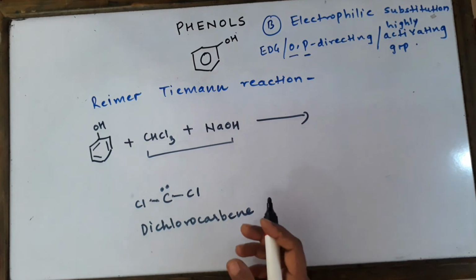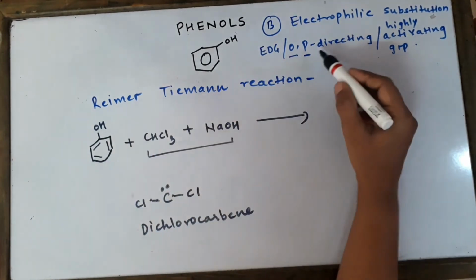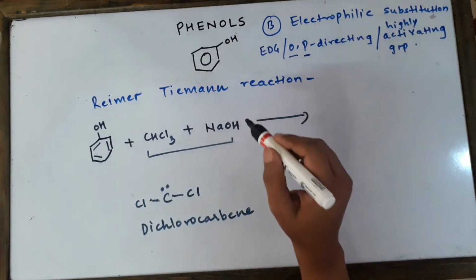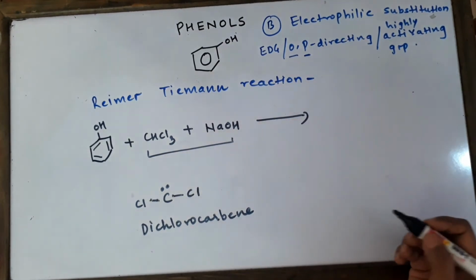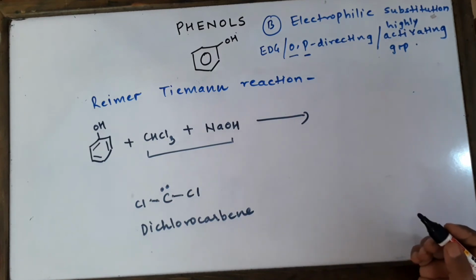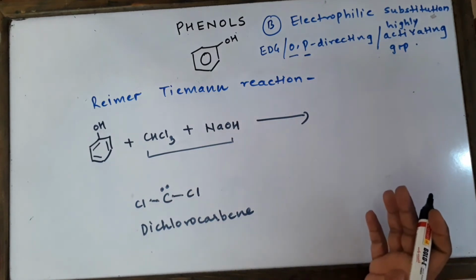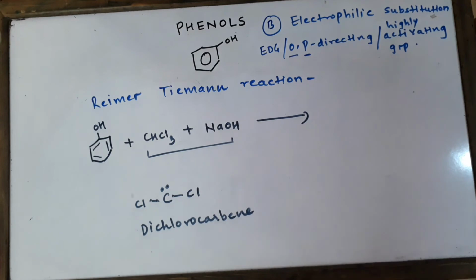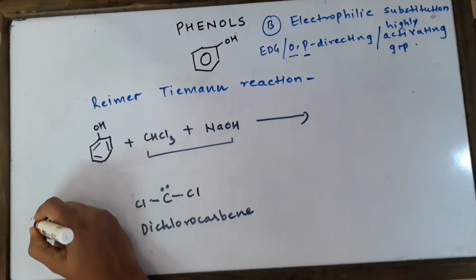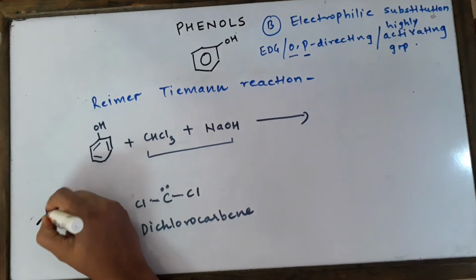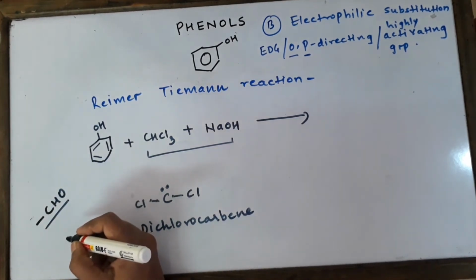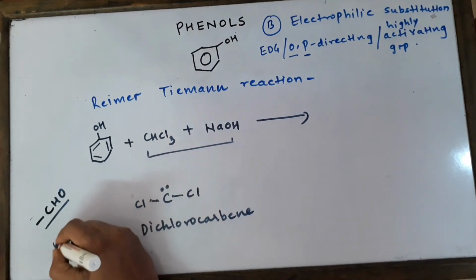Now what happens here is again the same logic, ortho-para kind of attack will take place. We are going to show here the major answer as the ortho answer, because that is industrially important. So remember, for Kolbe's also we will show the ortho answer, industrially important, and for Riemer-Tiemann also we will show the ortho answer. Now again here what comment are we going to write is that the formyl group, the CHO group here, gets introduced at ortho position.